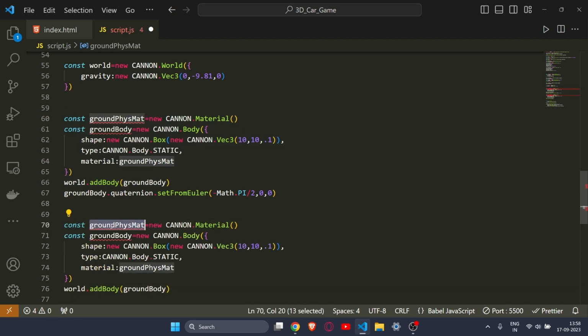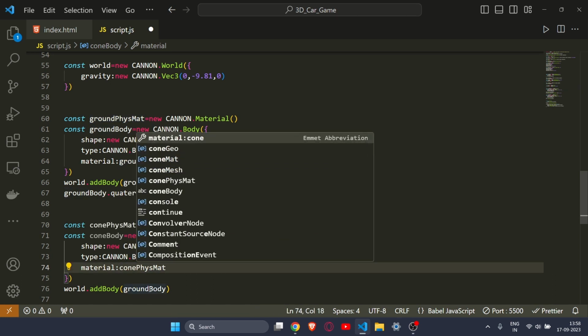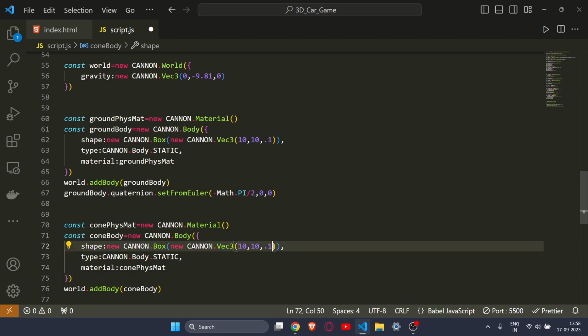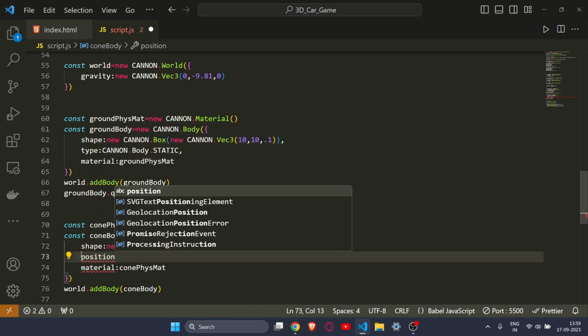So here I will write, instead of ground physics mat, cone physics mat, then cone body, and then here cone physics mat, and then cone body. And also we have to change these values because it will be a cylinder and not a plane. So instead of this box I will just remove all of it, and I will write here cylinder. Okay, so it will be a cylinder, and similarly I will write here 0, 1, 1 and then 100. There you go. And also we have to give it a position. So let's change the position of it. I will write here position, then